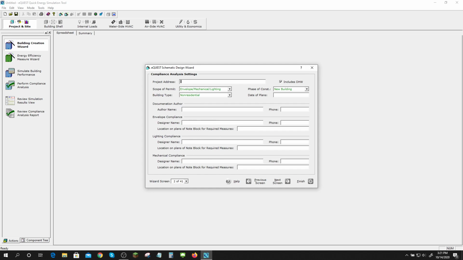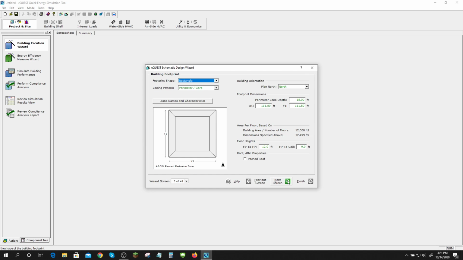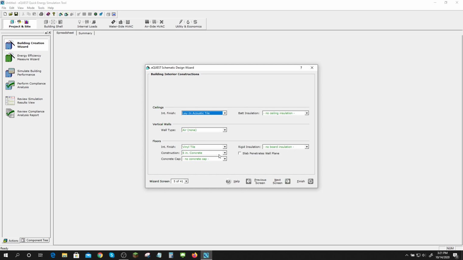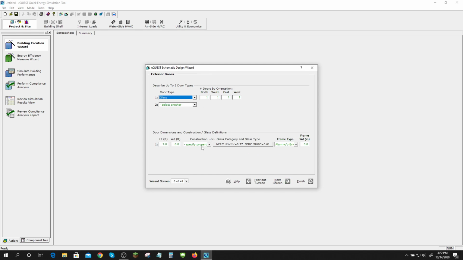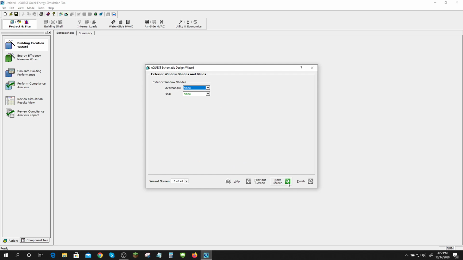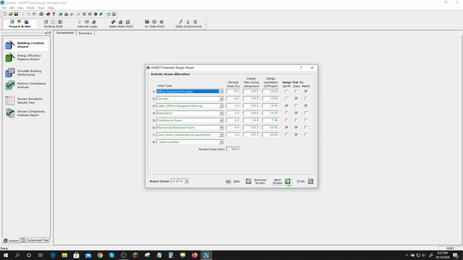Those are all important things. And where do you find the sign off? So that's always by a licensed mechanical engineer or architect. I will make this kind of maybe a T shape. That sounds good. Standard roof, standard walls, standard ground floor, standard ceilings, standard floors, standard doors, standard windows, no shades,